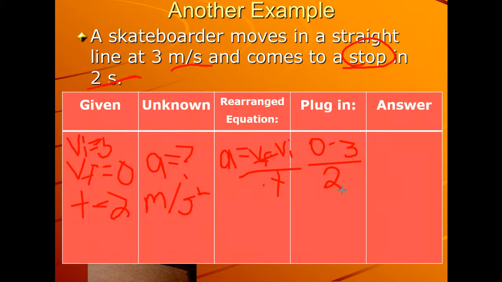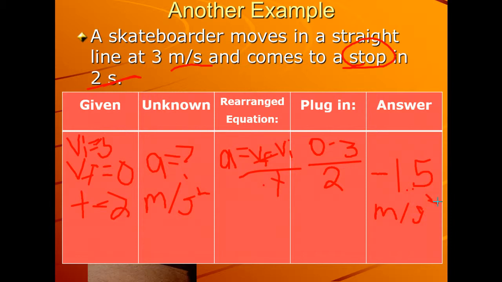So if you get a negative number in an acceleration problem, just check to make sure you did it right. And if you did, then you're fine. You will have negative. And remember, that means you slowed down. Negative acceleration means you slowed down. And we did slow down. We went from 3 to 0. So negative 3 divided by 2 is negative 1.5. Okay, negative 1.5, and that's meters per second squared. Okay,